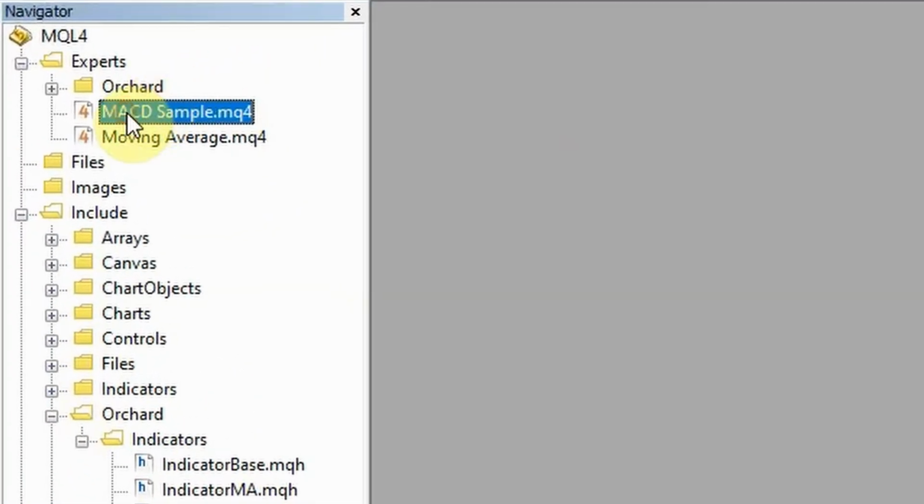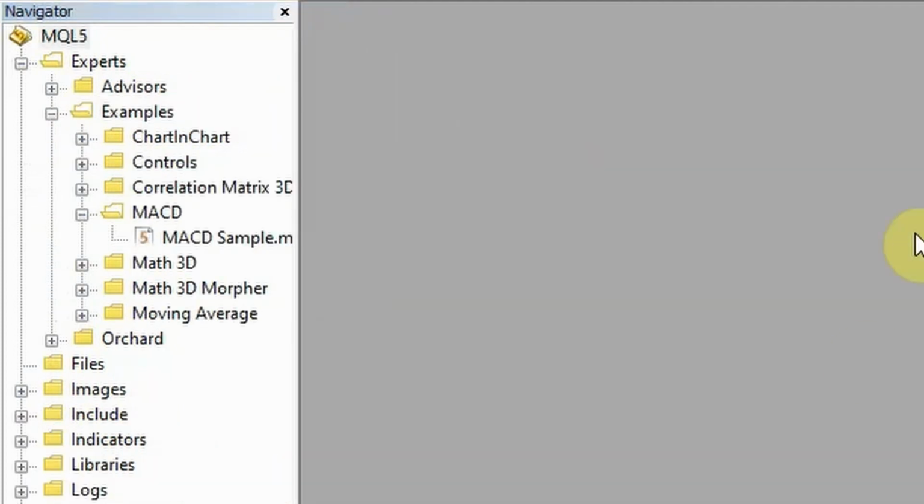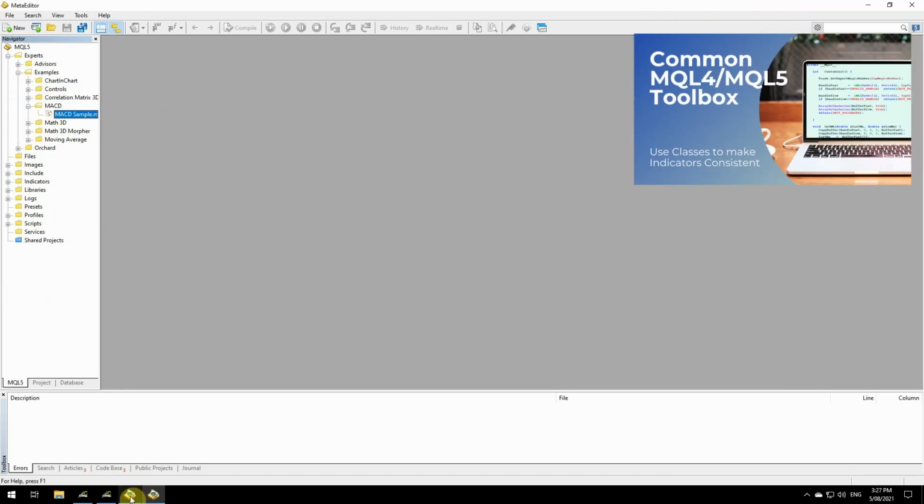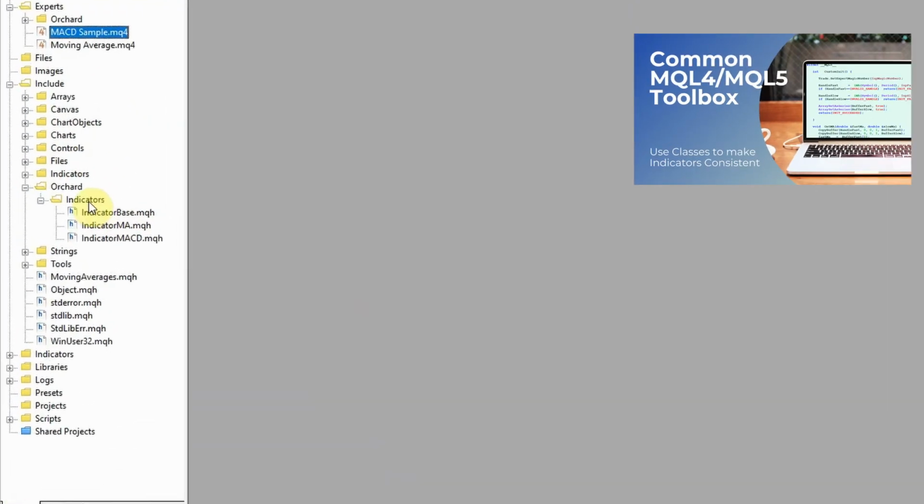Here in the MetaTrader 4 editor, you can see MACD sample there. And if I switch to the MetaTrader 5 editor, it's under examples, MACD, and there's the MACD sample. So what I'm going to be writing today is very similar to that. The code is quite different, but the strategy itself is quite similar. So if you're just looking for a quick expert advisor, you might save some time by just going to these examples. The other thing I want to mention is that I will be using some classes that I wrote in